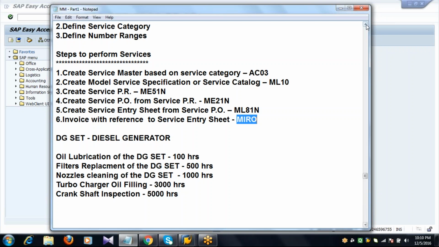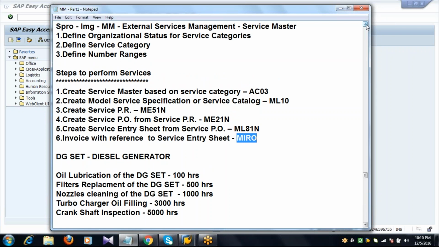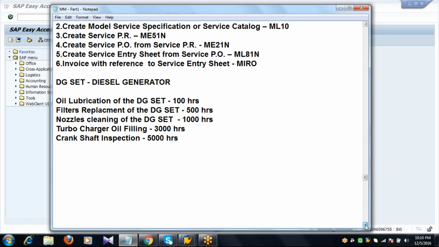Okay, so prior to this we need to do some configuration settings. First we need to define the organization status for service categories.